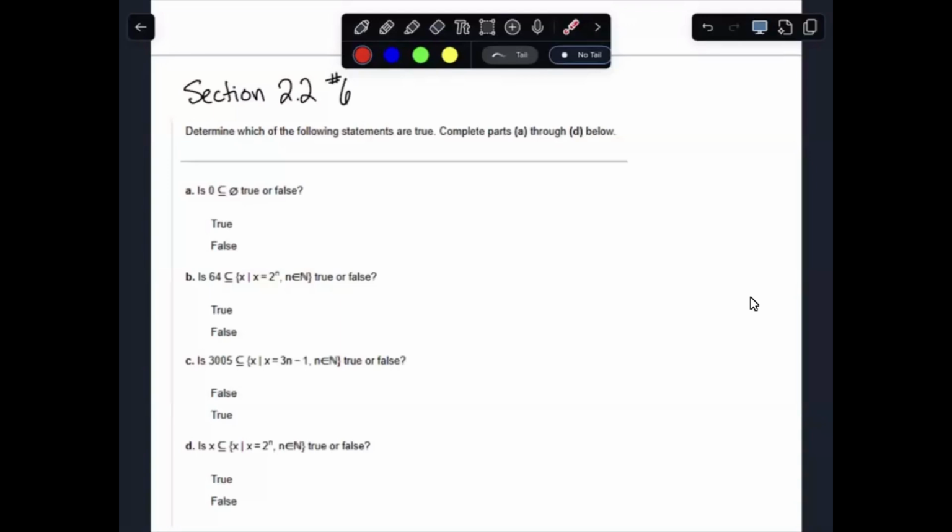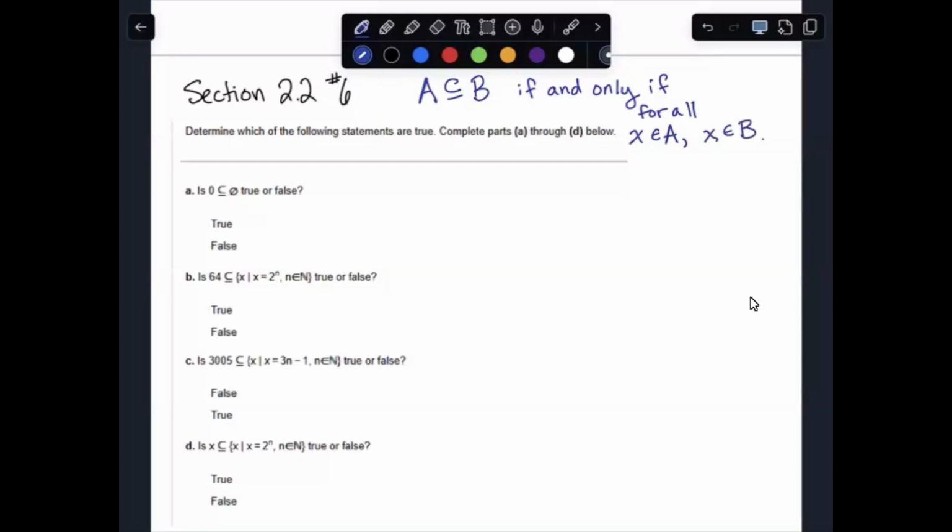are about subsets. So we need to remember first that a set A is a subset of a set B if and only if for all of the elements X in the set A, X is in the set B. So we need everything in A to be also in set B. So the first